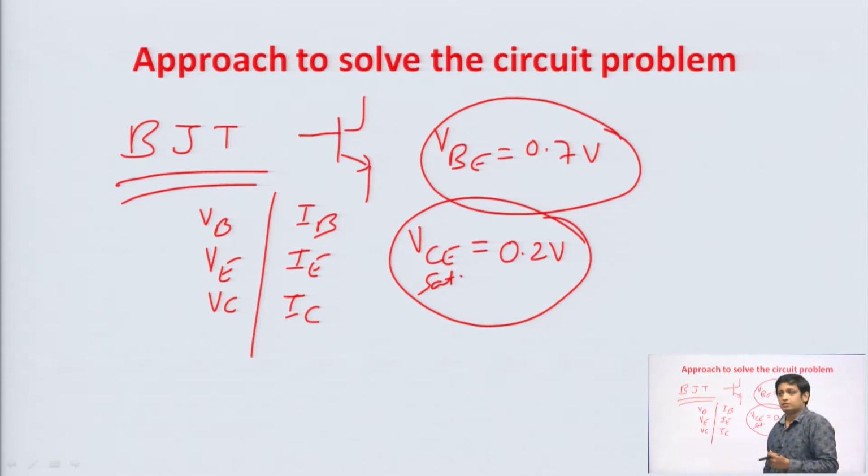And what is the region of operation of the BJT, that is also important, in which region the BJT is working, whether it is in active region or in saturation region or in cutoff region. Fine. So, the cutoff case is very clear. If the base to emitter voltage is less than 0.7 volt, then it is in cutoff. Fine. NPN transistor, right.